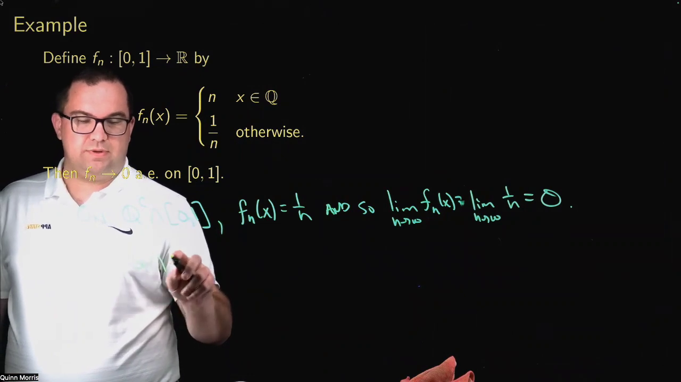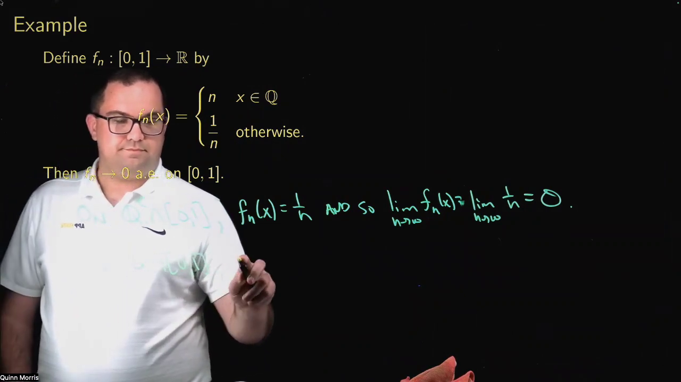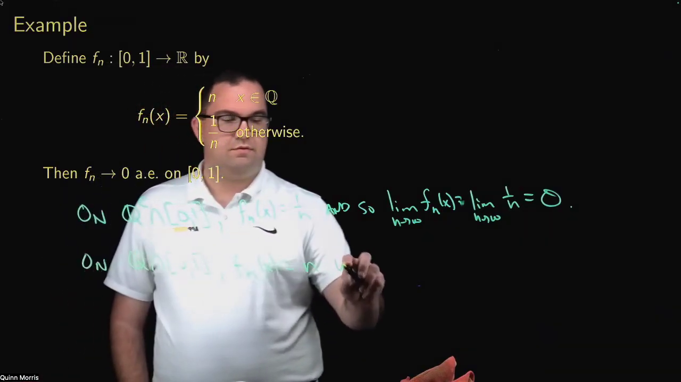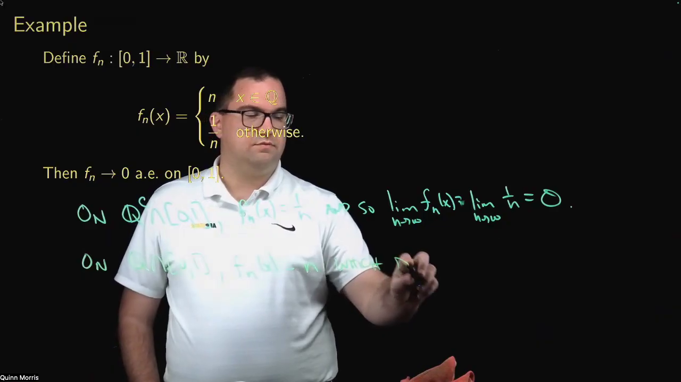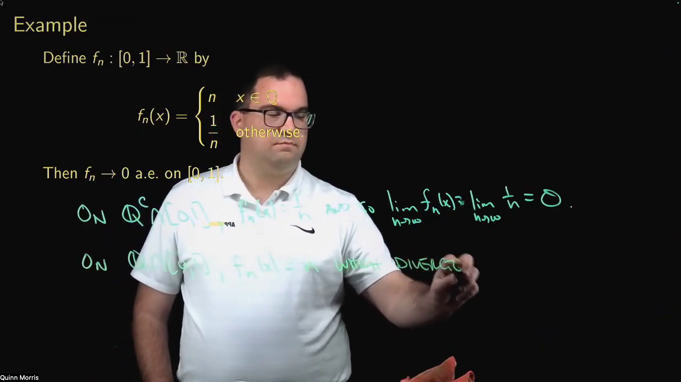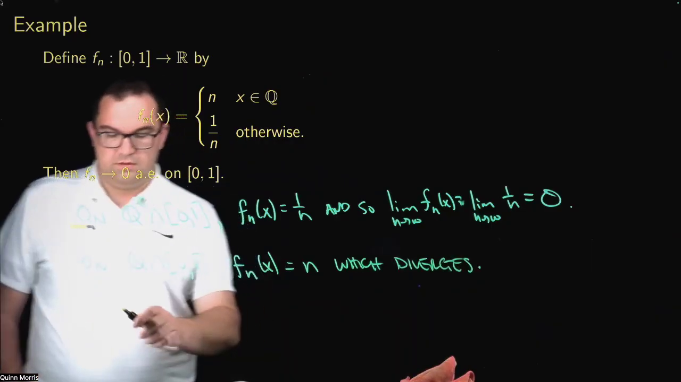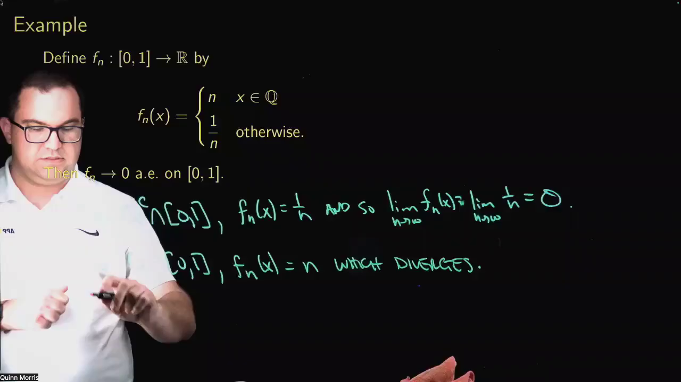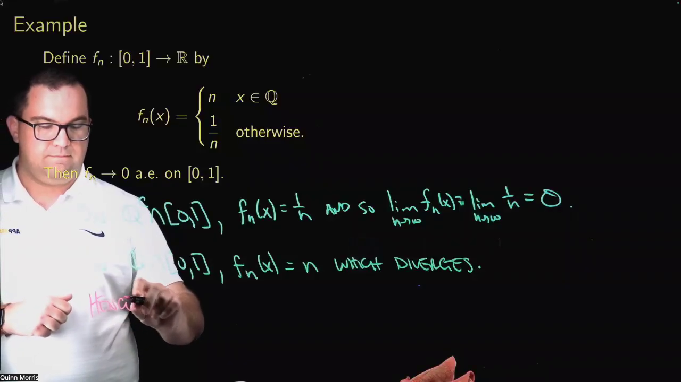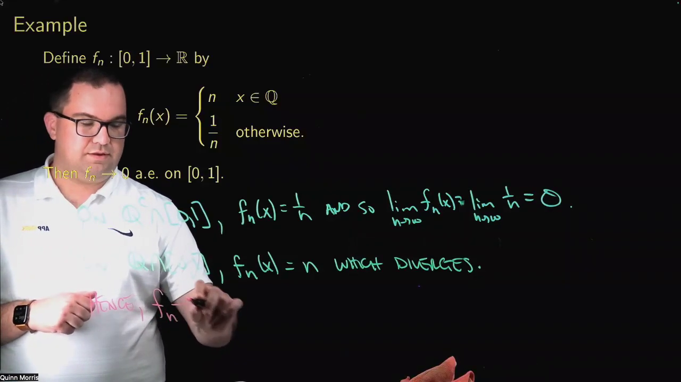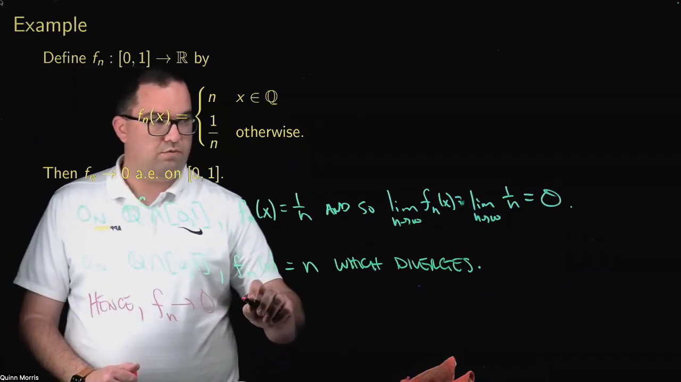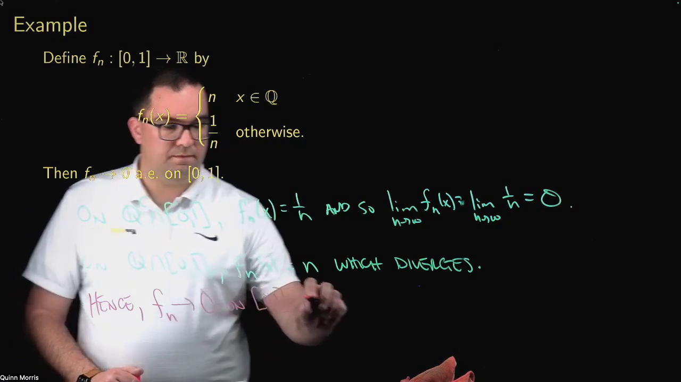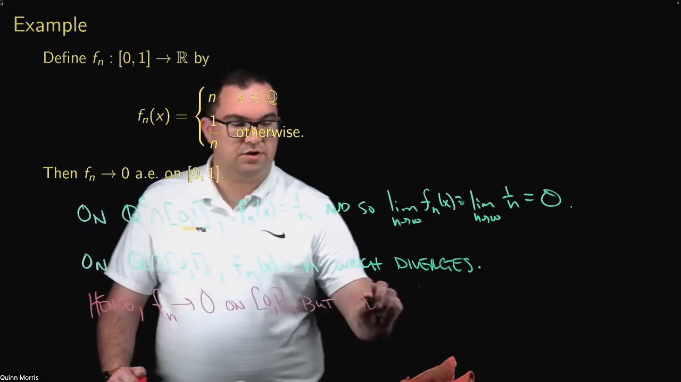On the rationals between 0 and 1, f sub n of x is equal to n, which diverges. So what can we conclude from all of this? Hence, f sub n does not converge to 0 on [0, 1], but does converge